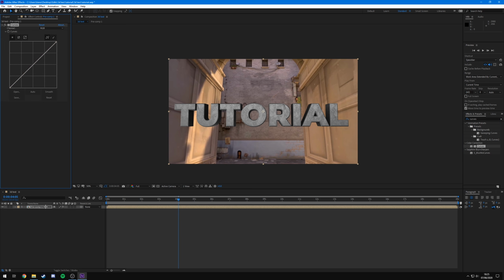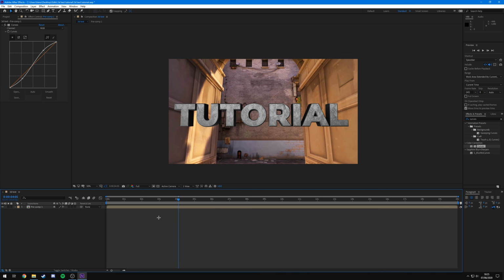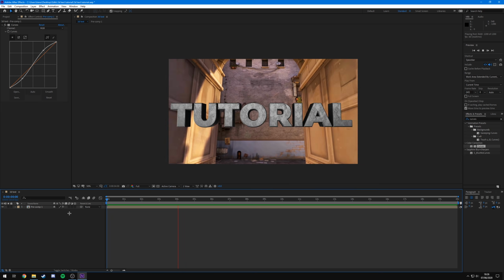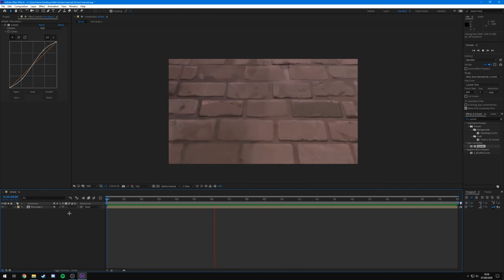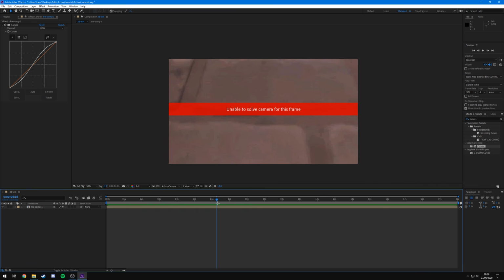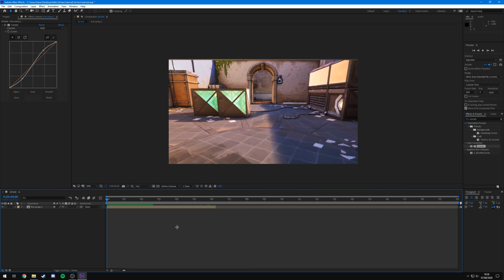and I'm going to add some curves just to make it look even better. So as you can see, the text is perfectly tracked to the cinematic. It's looking real good. All we need to do is crop the end here. As you can see, the cinematic ends and we're unable to solve the camera, so we're just going to drag the workspace area down to there. Or if you're adding more cinematics after it, you can just select it, Control Shift D, and then get rid of that. And now if we watch it again,